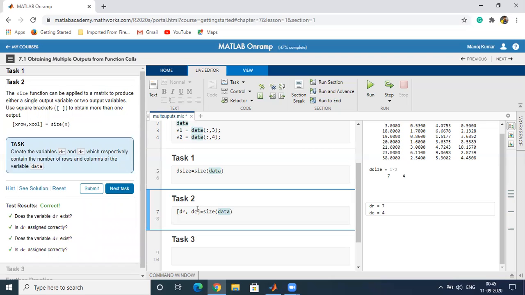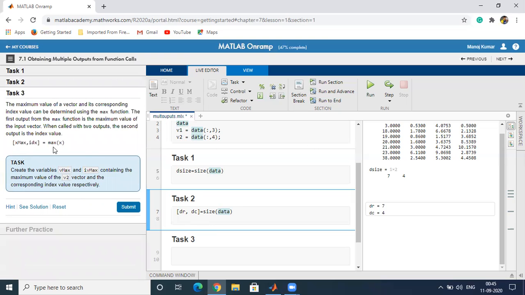So we can also use the square brackets to get the separate number of rows and number of columns instead of getting a row vector, which was given by the size function. We can also find the maximum and minimum value. The maximum value of a vector and its corresponding index can be determined by using the max function.